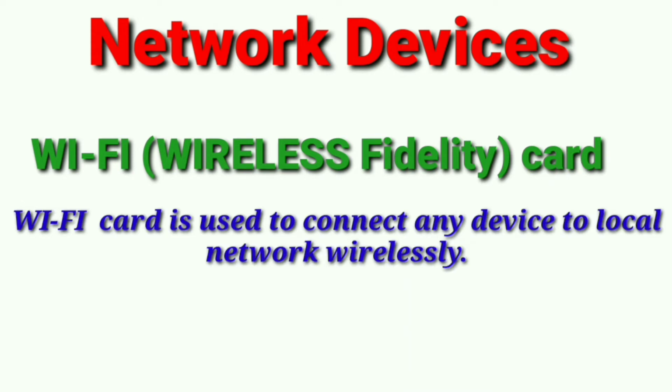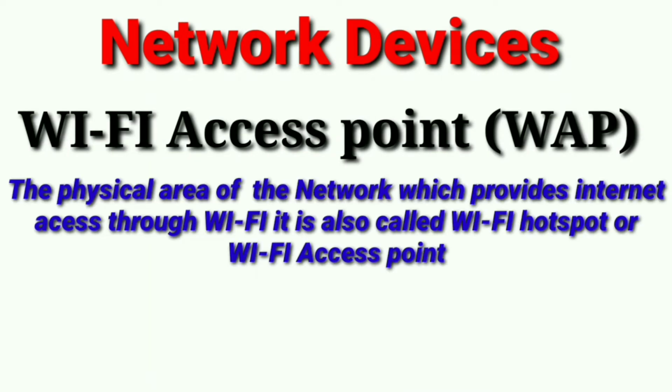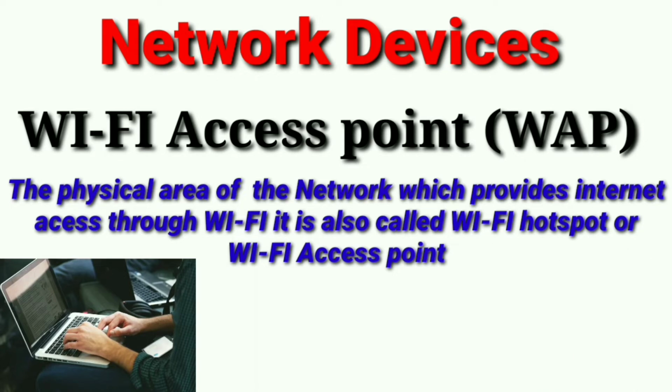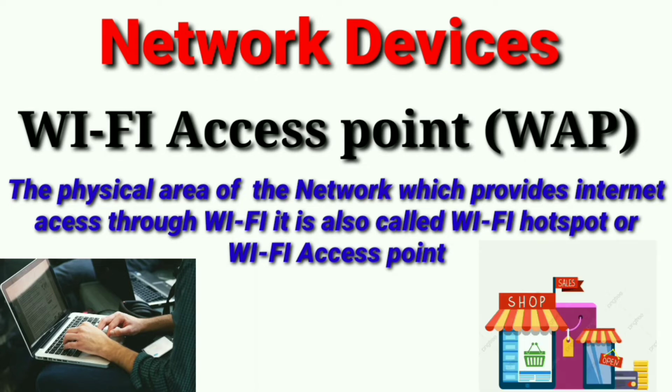We have a Wi-Fi access point, which is the physical area of a network which provides internet access through Wi-Fi. It is also called a Wi-Fi hotspot. A hotspot can be set up at home, office or any public place. Hotspots themselves are connected to the network through wires. Every access point has a range of around 120 to 150 feet for home, or much larger for a school or university, and only devices within this range can connect to the network. There can also be a limit on the number of computing devices that can connect to the network. So with the network interface card or Wi-Fi card, your device is ready to talk to other devices.